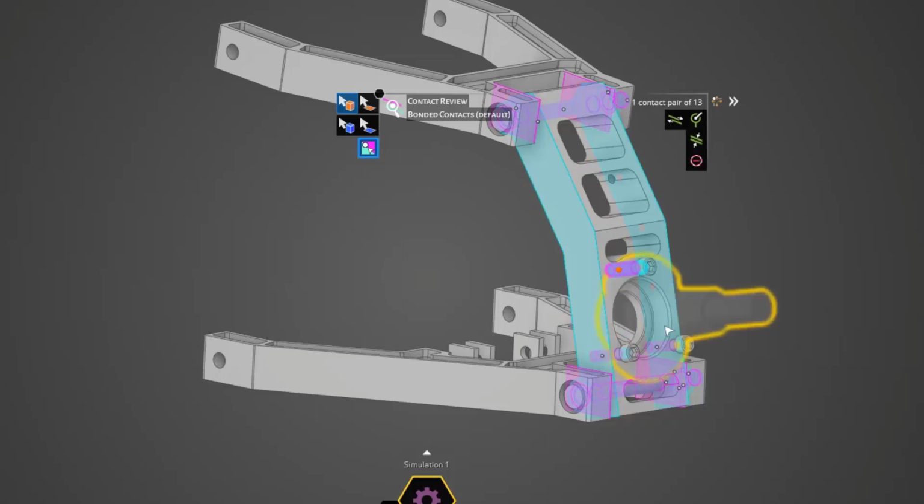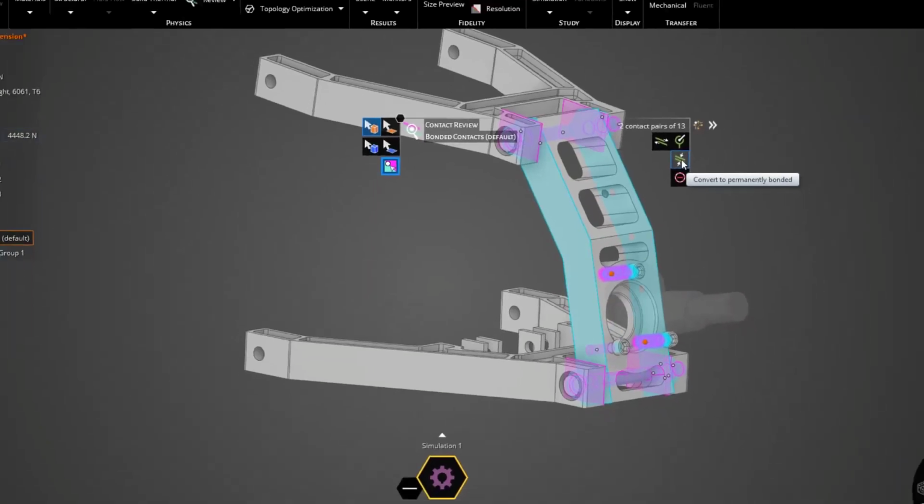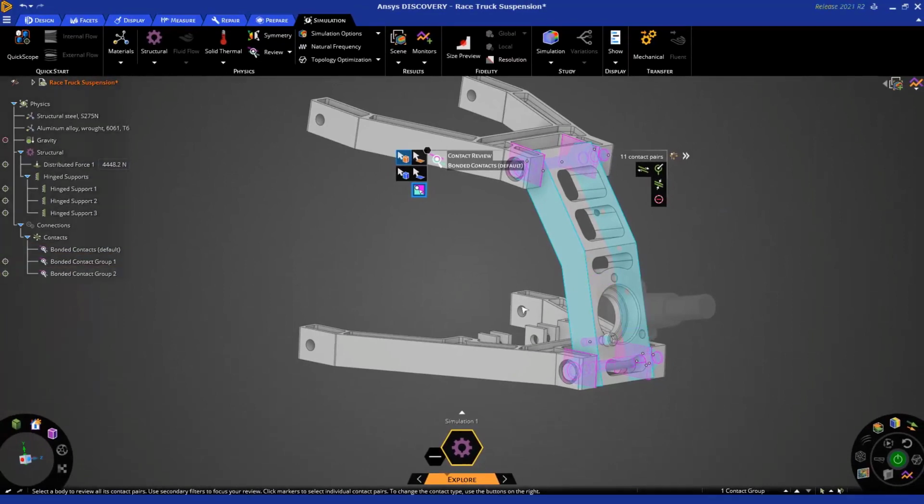And you can go ahead and convert them all at a time, holding Control to select multiple, and you can see the plus sign is there. And we'll just go ahead and do those 2 to a group. Or if you want to select an individual contact, you can convert that one as well. So as you can see, we have these 3 contact groups down here, and they're associated under this bonded contact